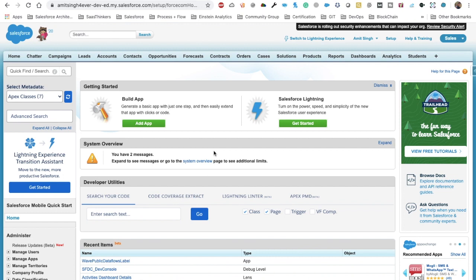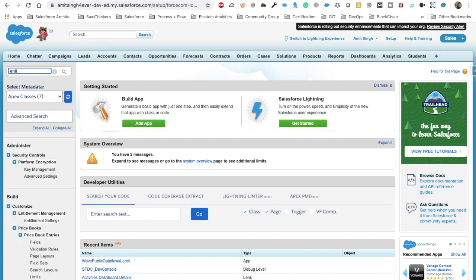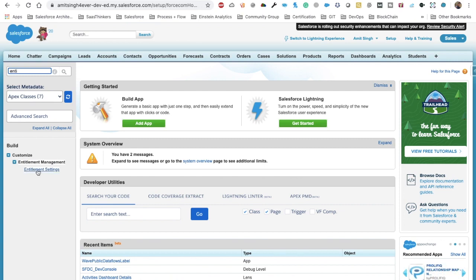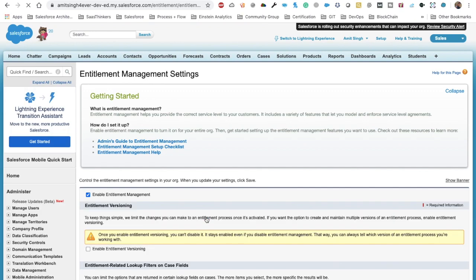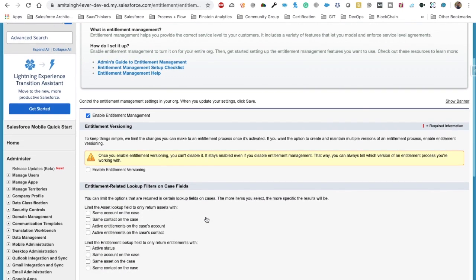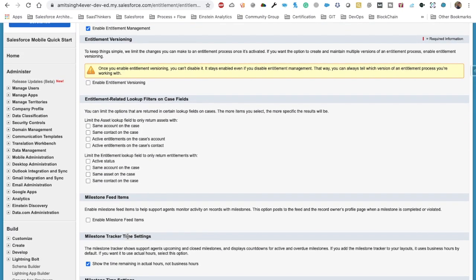So let's quickly start by enabling the entitlement settings, and then we will move forward one by one. To enable the entitlement setting, in the quick search box you just need to type entitlement and you will see a quick link for enabling entitlement settings. You just need to click on that link, check this checkbox, and save the settings. As soon as you enable these settings, a few objects will become available in your Salesforce environment, like entitlement and milestone itself, and you will also see that there are multiple settings